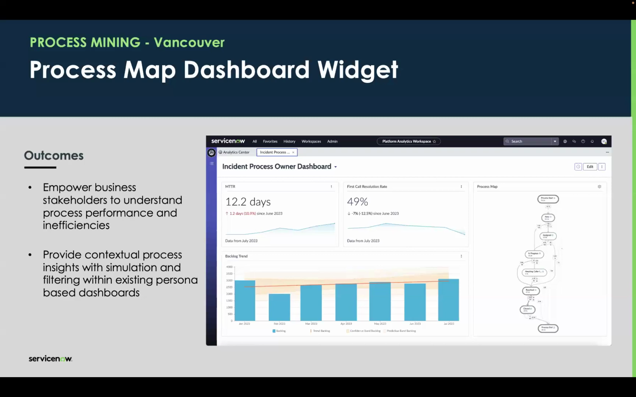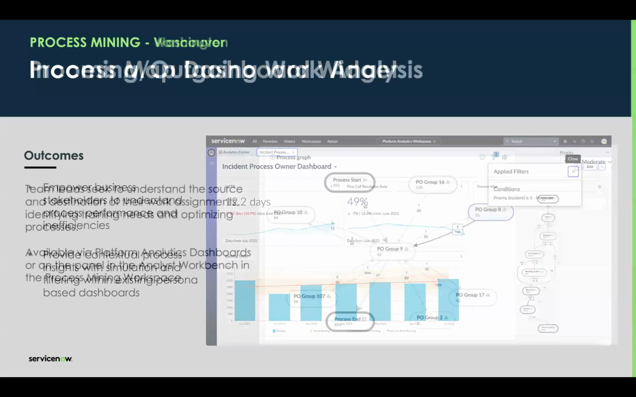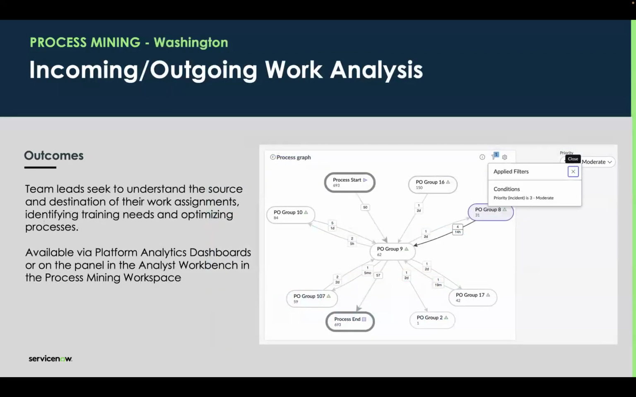And that's going to let us tell a much more complete story for that given persona. For those of you that follow along frequently, you know that the process map widget got a nice enhancement in the Washington release, right? We added this ability to drill down on a process node, let's say an assignment group or a state, or maybe even a priority, to see all of the incoming and outgoing arcs or flow of work from that node. It's a very useful feature specifically for an assignment group analysis, so you can start to